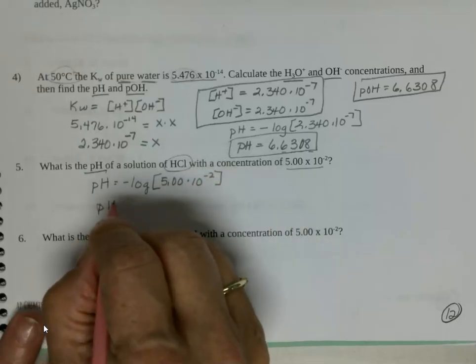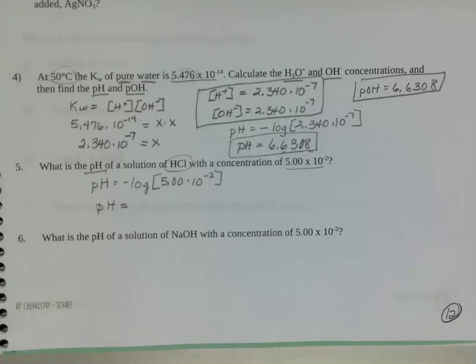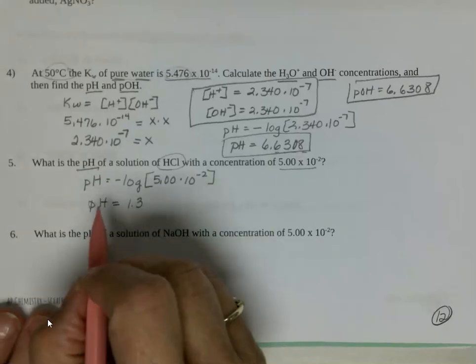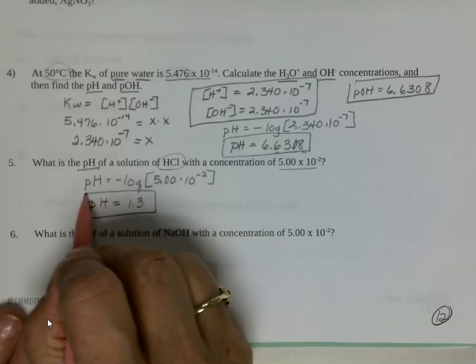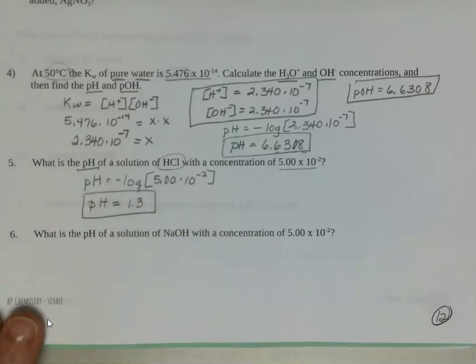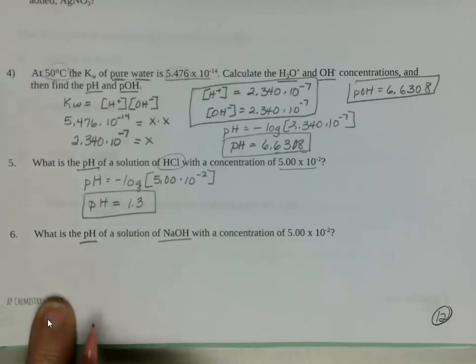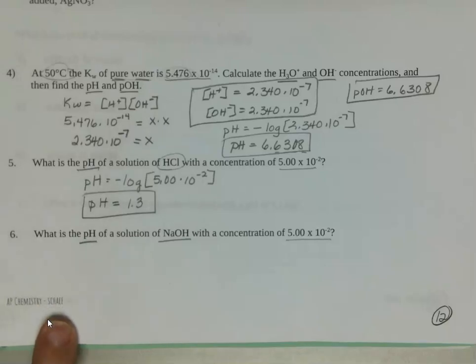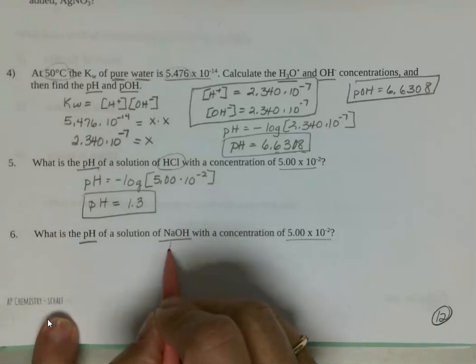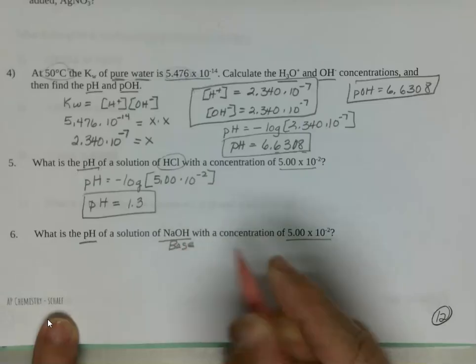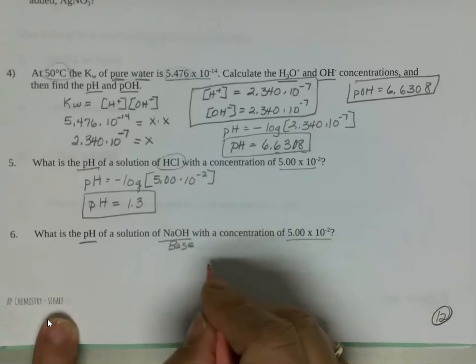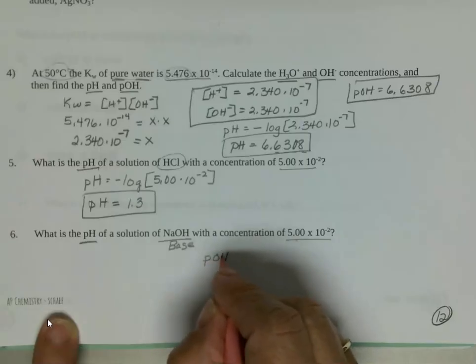And we're just going to run that number in our calculator. And again, watch. Okay, and I get a pH of 1.3. So be sure you check my numbers, guys. Remember, sometimes I get things wrong. So this one says to find the pH. It gives me NaOH, and here's my concentration. So again, this is the one that's going to try to be tricky for you because they give you a base. So this is the concentration of a base, so I can find pOH,